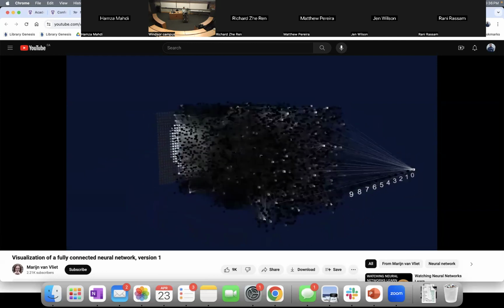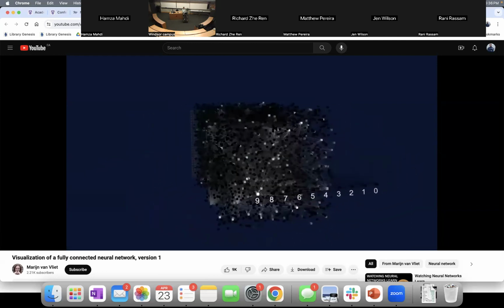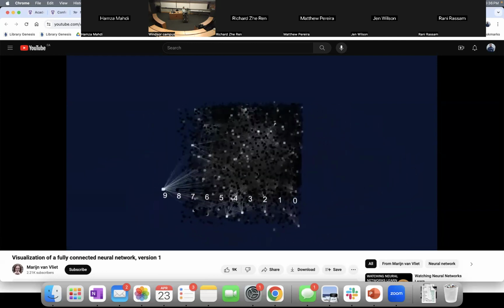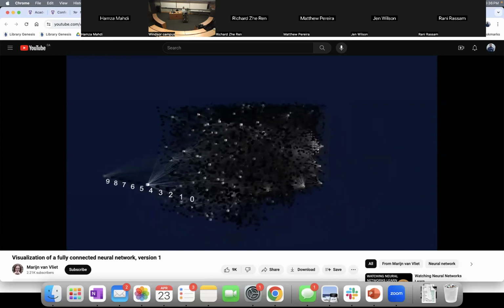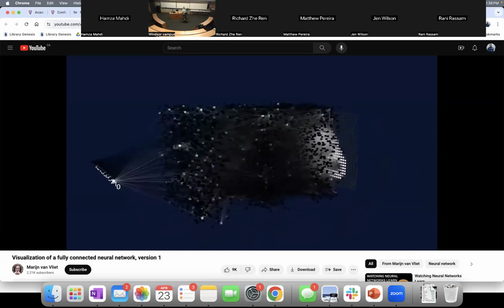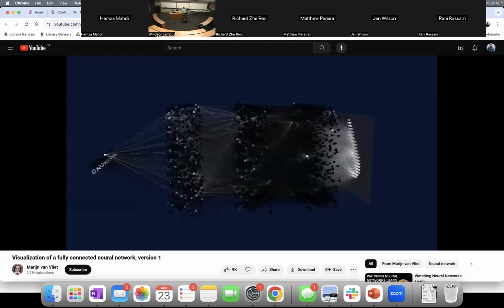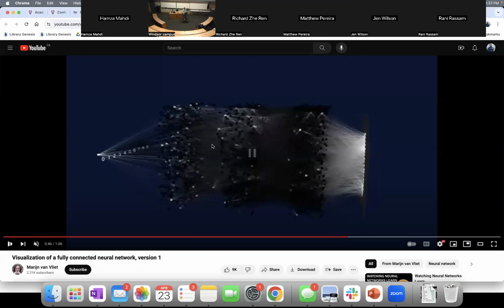You can counteract by saying, oh, it's not really a black box. We can literally see what neurons are getting activated. But what happens when you have billions of neurons? Can you even see what's being activated, right?